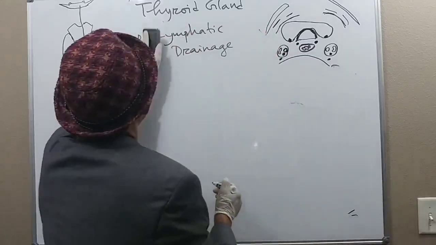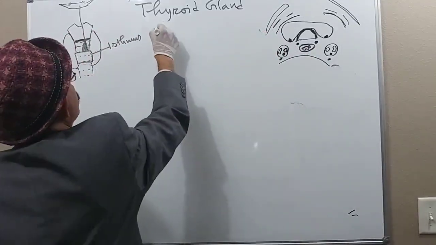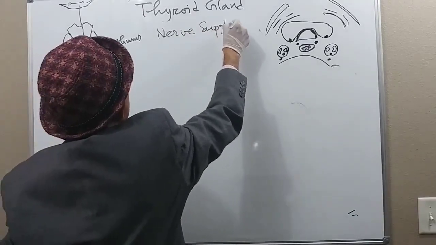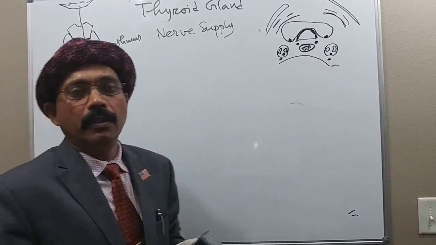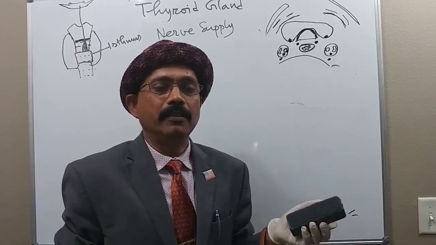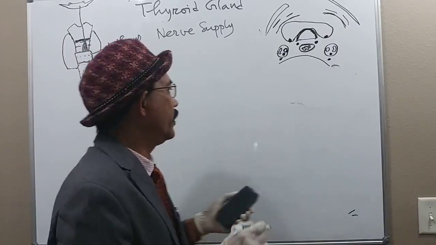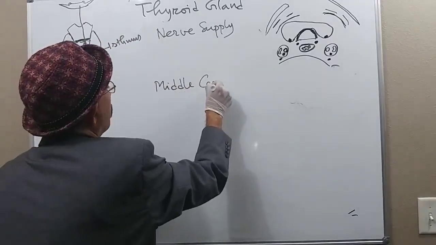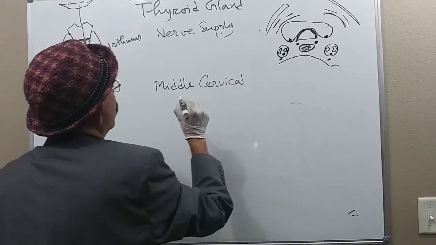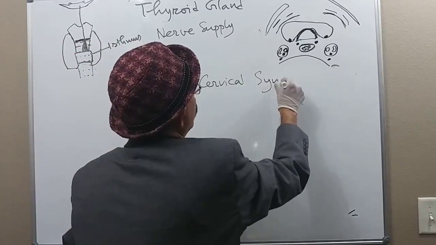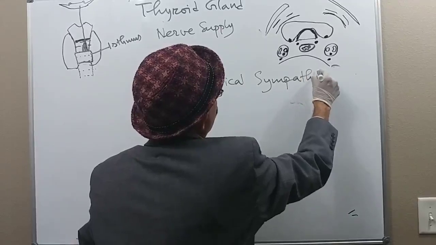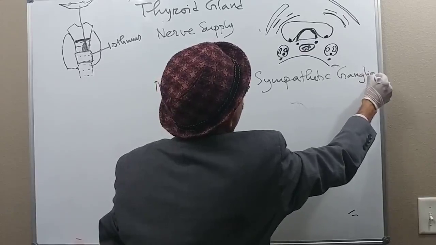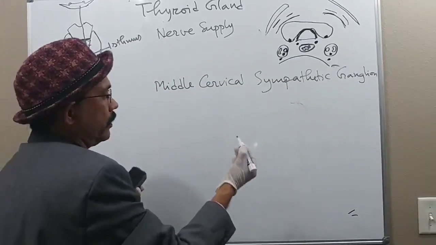The thyroid gland gets innervation mostly from the middle cervical sympathetic ganglion, but it also gets nerve supply